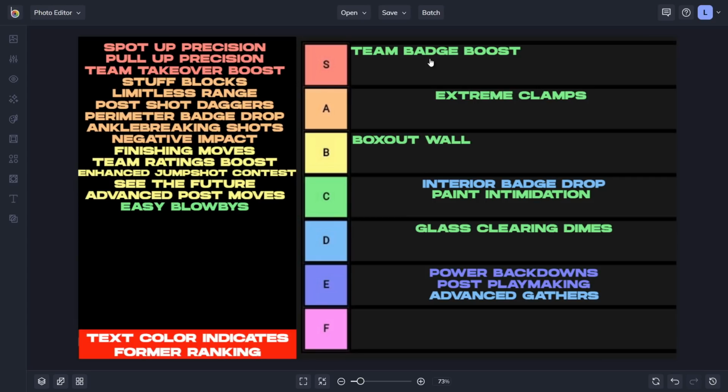So what this takeover is gonna do is raise your teammates' badges in every category: finishing, playmaking, and shooting. No defense, however. That is one thing that's a little bit unfortunate about it, but it's going to raise every offensive badge by 1 level. So if you're running with someone who's running team badge boost, you could run everything on no higher than gold. And obviously that means when you don't have the takeover on, it's going to limit you